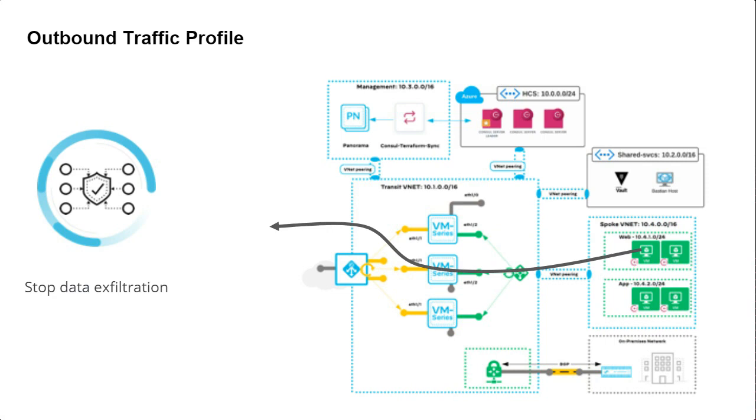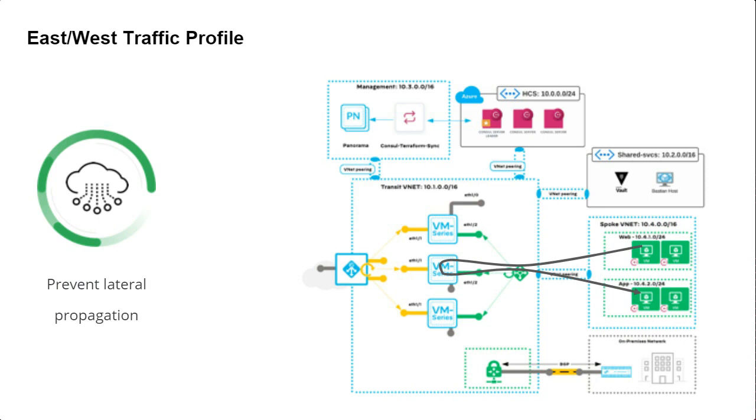And as important as inbound, it's really important to protect your outbound traffic as well. So this is where you secure your workloads, stop data exfiltration. So for an example, let's say your front end gets compromised, attackers usually try to exfiltrate data. It's really important to inject security through platforms like VM-Series, so we can use advanced threat profiles, URL profiles, things like that, to make sure we catch those attacks.